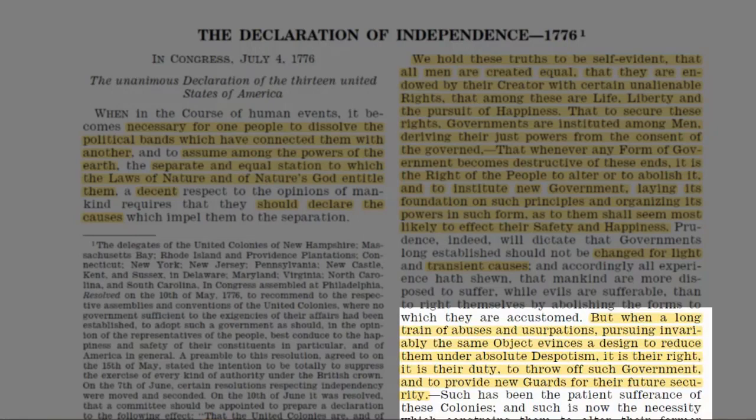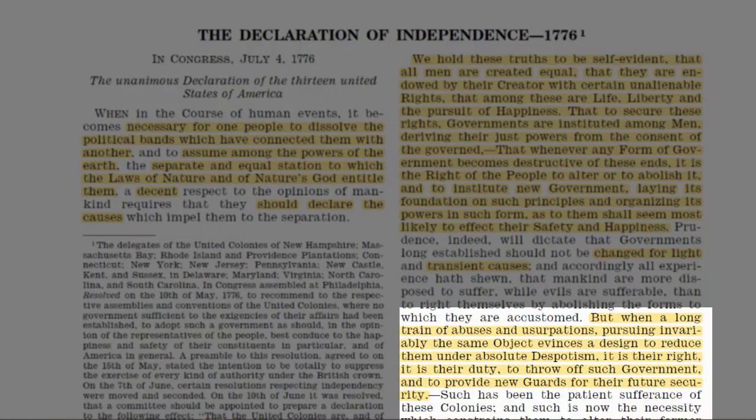When a long train of abuses and usurpations, pursuing invariably the same object, evinces, now this is important, a design, like the whole form of government essentially evinces this design to reduce the people under absolute despotism. It's their right and it's their duty. Now that's emphasis too. Think about this if you're reading it or someone's reading it out loud. It is their right. It is their duty. So not just their right to do so, they actually have to. It's their duty as human beings to overthrow, to throw off this government, and to provide new guards for their